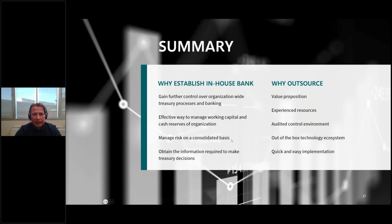So, in summary, why establish an in-house bank? Well, first of all, if we think back to some of those common objectives, we want to gain further control over our organisation-wide treasury processes and banking. It's a very efficient way to manage your working capital, no matter how you cut and dice it. If you have the ability to consolidate and centralize cash and risk, then you're in a really good space from